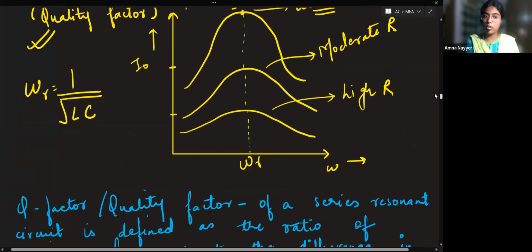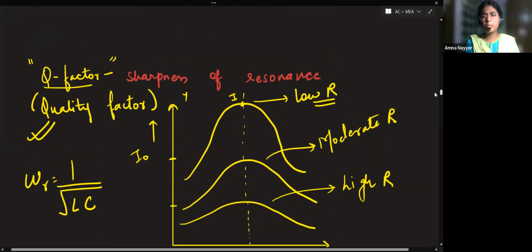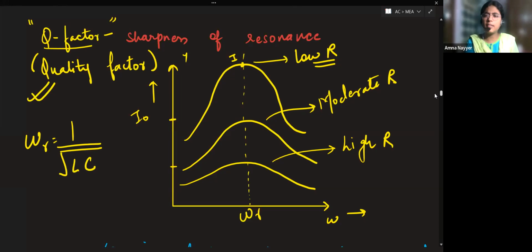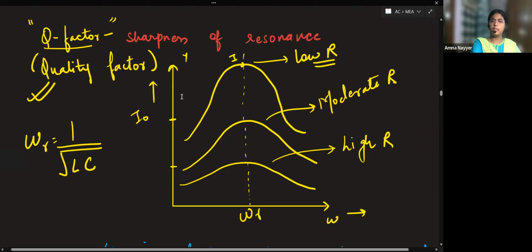That derivation is not very important from your board's perspective, but it is given in your syllabus. Before revising for your exam, just have a look at it. It can be asked to you. Chances are less, but the Q factor's formula and the definition can be asked. Moreover, from this part we have resonance questions coming. So Q factor has a little less importance, but you never know, your paper is totally unpredictable, so any question can be asked. Note this down. Any queries, ask me; we'll do a derivation after this.